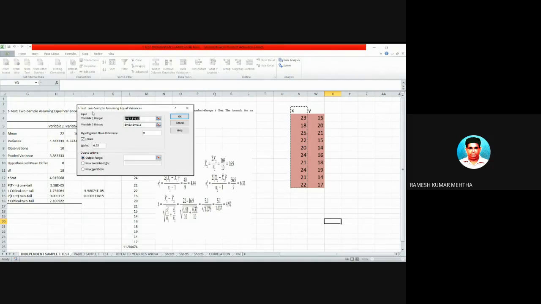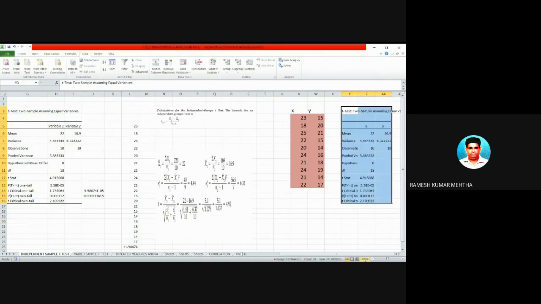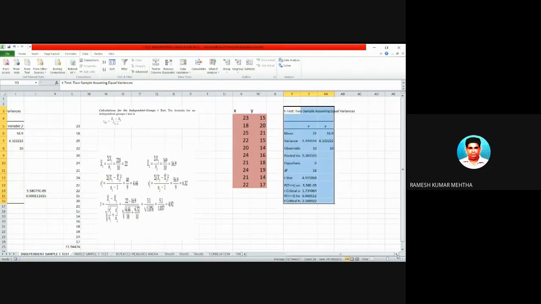Output range. Now this is going to perform a t-test. Which t-test? Two sample assuming equal variance, and you want the result. Now where do you want the result? I want the result here. So under the column Y, I've selected it and then told it to run the test, and I clicked OK, and now I got the output.